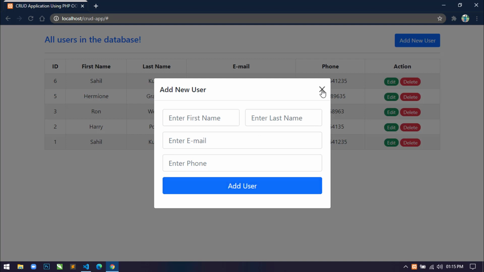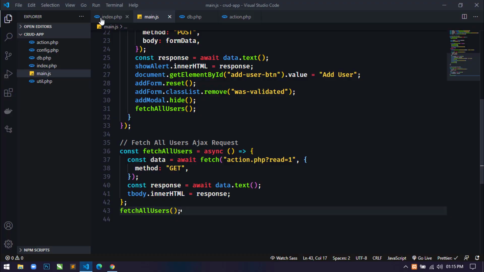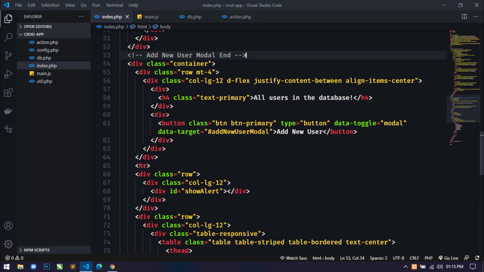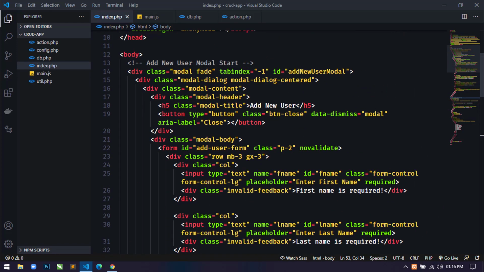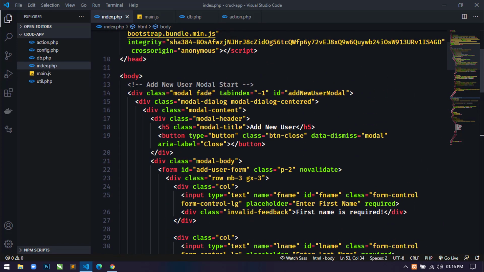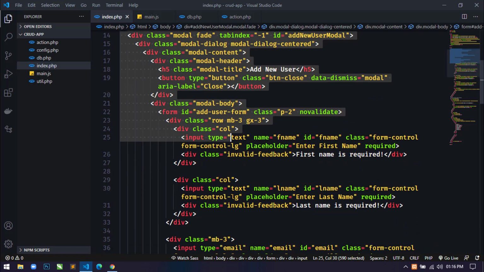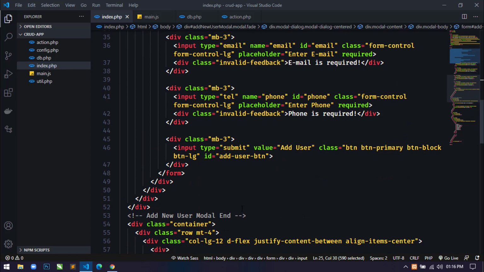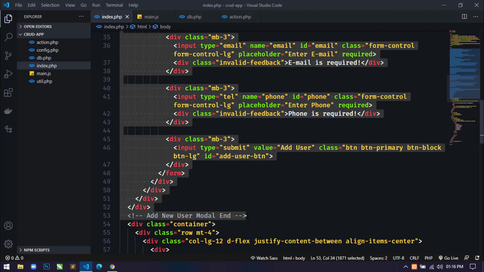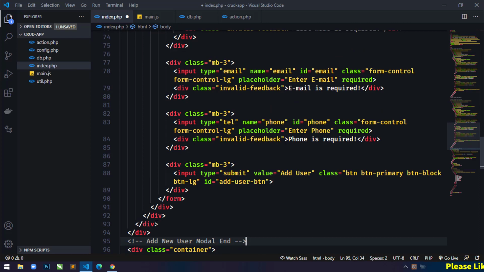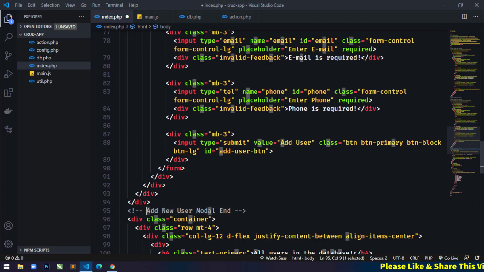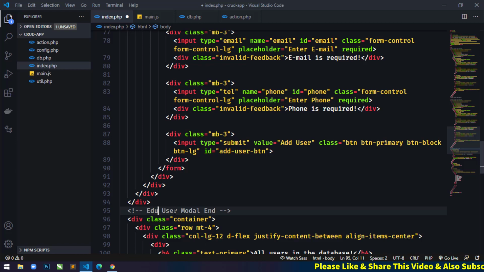So for this, first we have to go to this index.php file, and to design a new modal we will not design from scratch, we will just use this add new user modal code. So just copy this whole modal code, copy and paste it just below this. Now we have to change this add new to